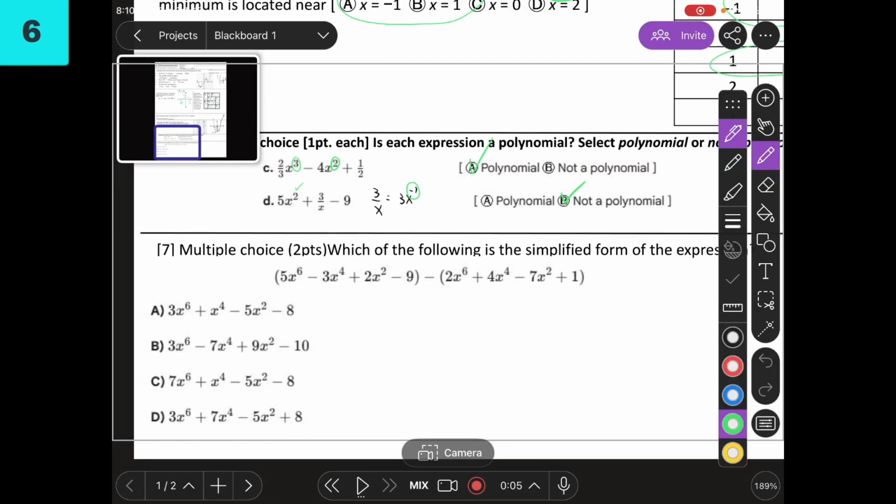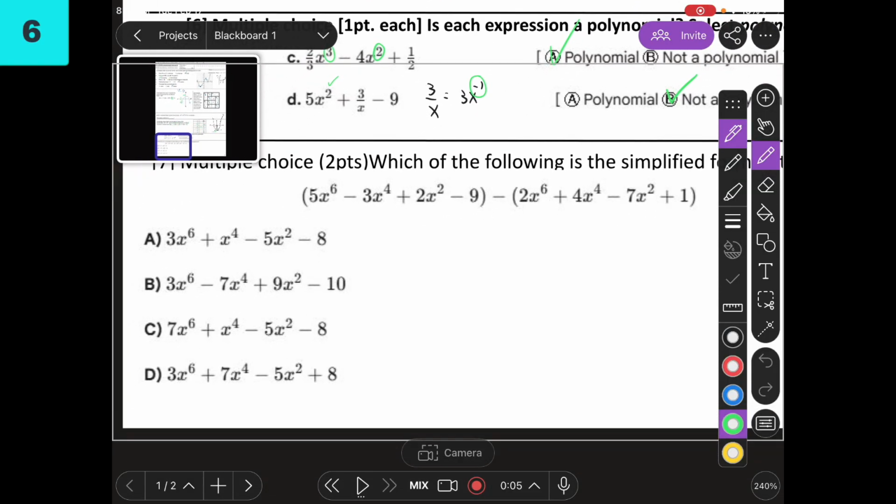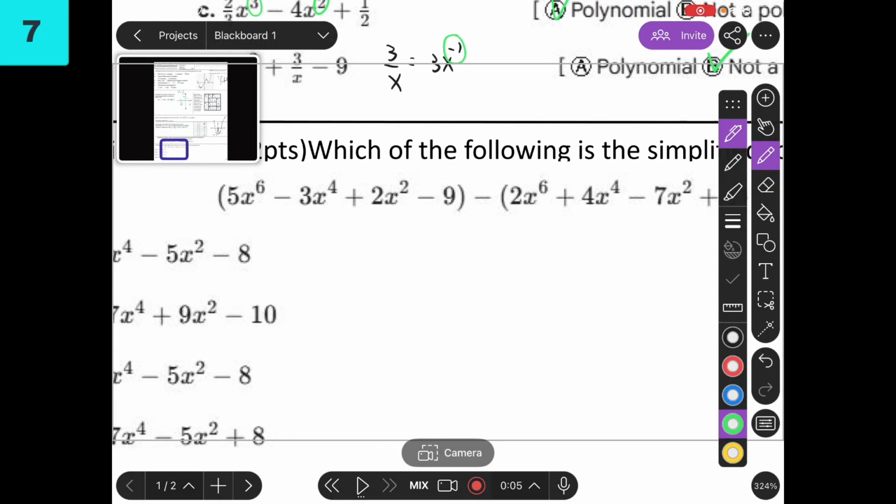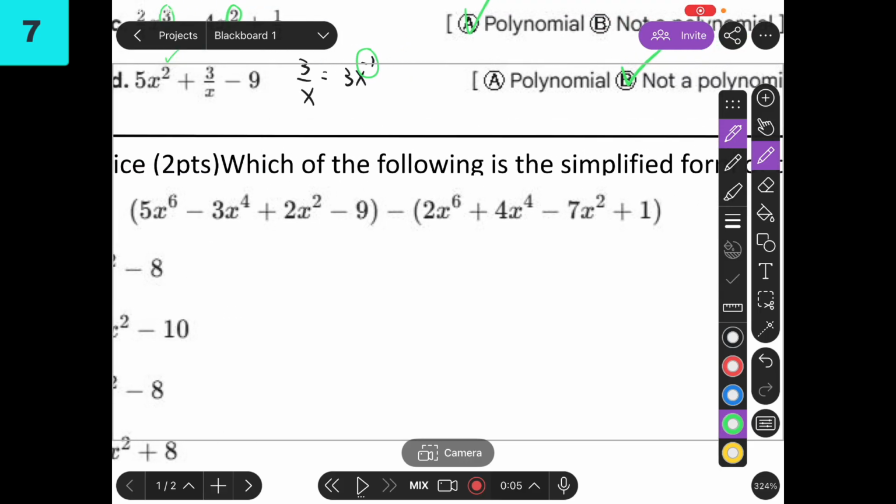Moving on to the next question. They're just asking us to simplify. So 5x to the power 6 minus 2x to the power 6 gives me 3x to the power 6. Negative 3x to the fourth minus 4x to the power 4 gives me negative 7x to the power 4